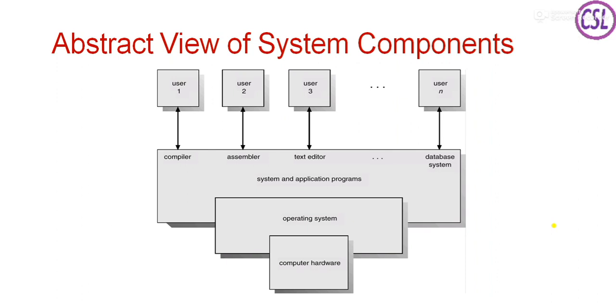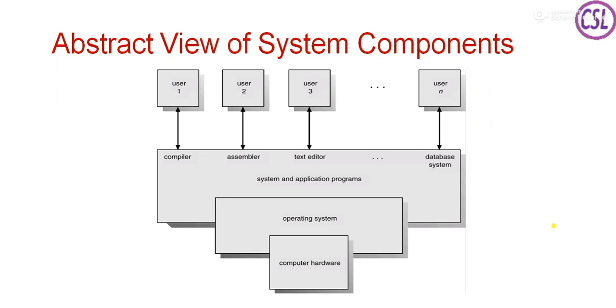For example, if a user tries to write a C program and execute it, he cannot directly interact with the operating system or any computer hardware. He needs a software called a C compiler. Only through the C compiler can he write the program, compile it and execute it. Likewise, if any user tries to develop a text document, he needs some notepad or wordpad kind of software. Only through that software does he develop text content.